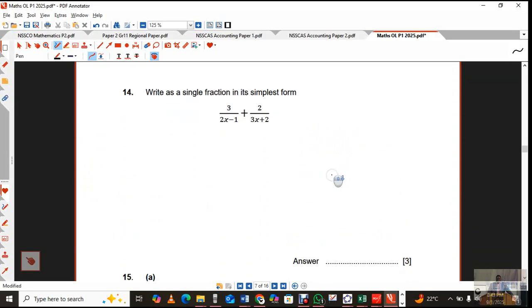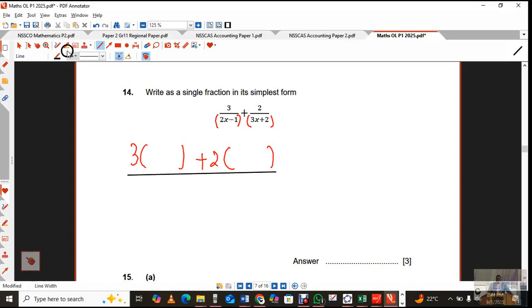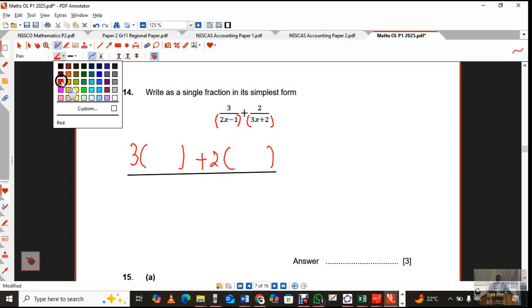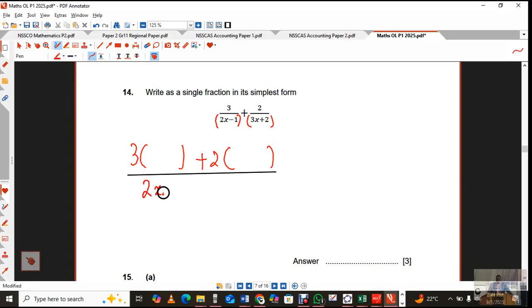Right. The next question, the moment you are given fractions, your first thing that you need to do is put this in brackets. And they are sort of going to be cross multiplying that because the LCM, right? The LCM is just going to be those two brackets together. So that is 2x minus 1 and 3x plus 2. Please do not